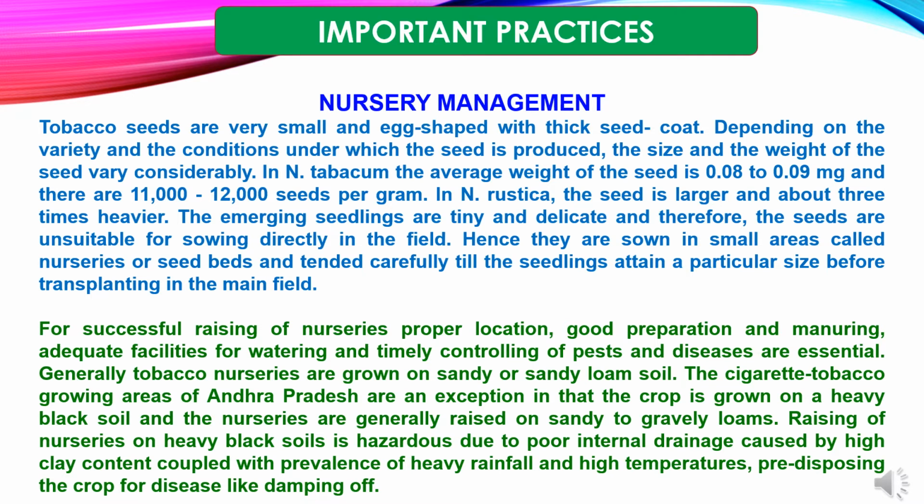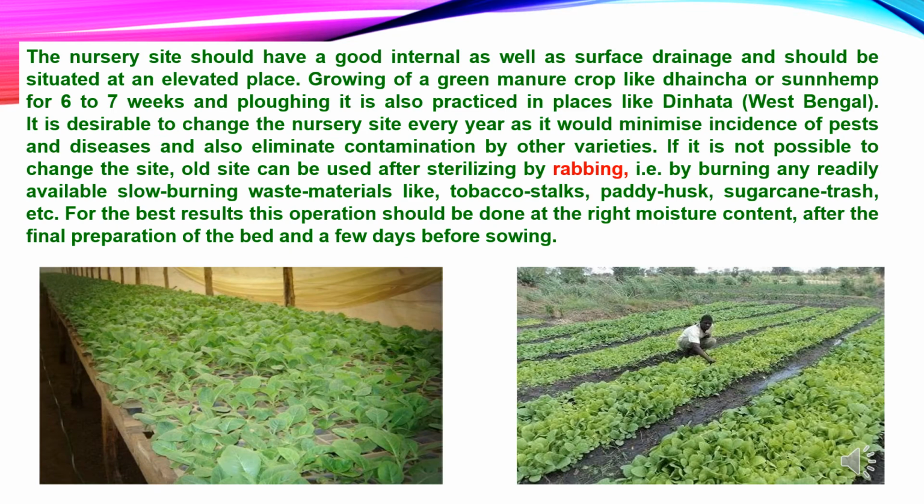The cigarette tobacco growing areas of Andhra Pradesh are an exception in that the crop is grown on heavy black soil and the nurseries are generally raised on sandy to gravel loams. Raising of nurseries on heavy black soil is hazardous due to poor internal drainage caused by high clay content, coupled with the prevalence of heavy rainfall and high temperatures predisposing the crop to diseases like damping off. The nursery site should have good internal as well as surface drainage and should be situated at an elevated place. Growing of a green manure crop like dhaincha or sun hemp for 6 to 7 weeks and ploughing it in is also practiced in places like